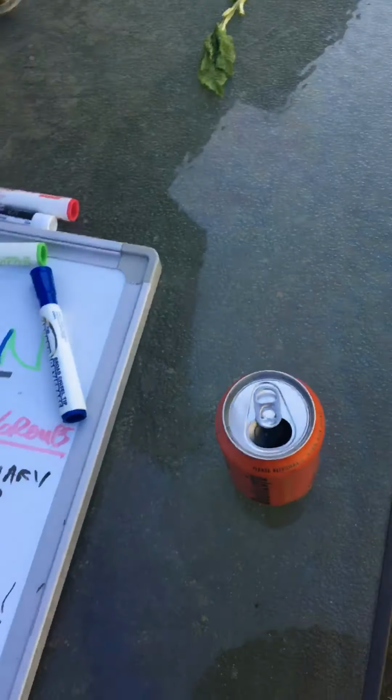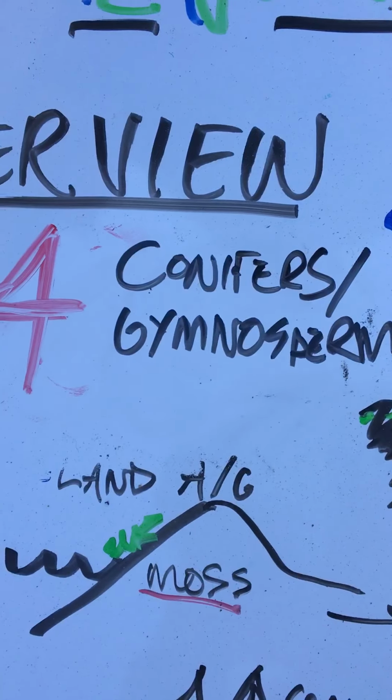Alright guys, today we're talking about conifers, otherwise known as gymnosperms. They are the next evolutionary step. I'm not going to talk about palms and cycads, but we are going to talk about conifers today. Conifers are things that make cones, and they harness the wind to help them spread their